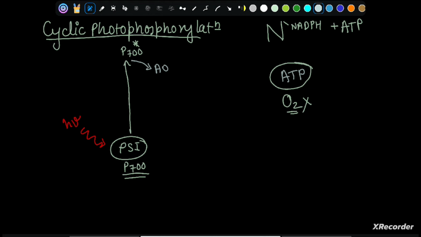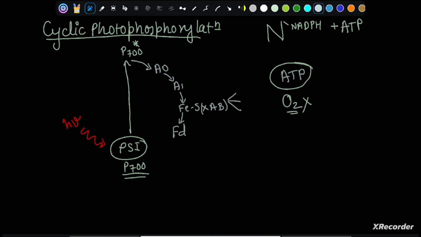AO is again the modified chlorophyll, then to A1, which is phyloquinone, okay, also known as vitamin K1, and from phyloquinone it will move through iron sulfur proteins like X, A and B. Okay, all these three are the three different iron sulfur proteins that we saw in the non-cyclic photophosphorylation as well. So from there on, the electron flows to